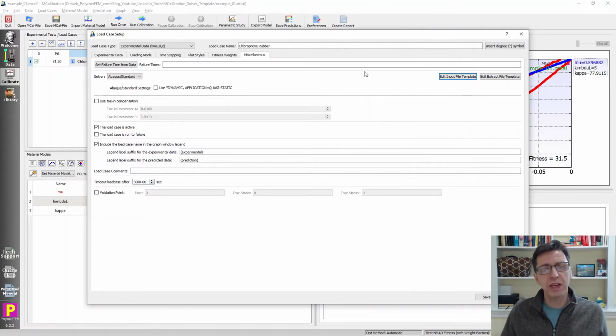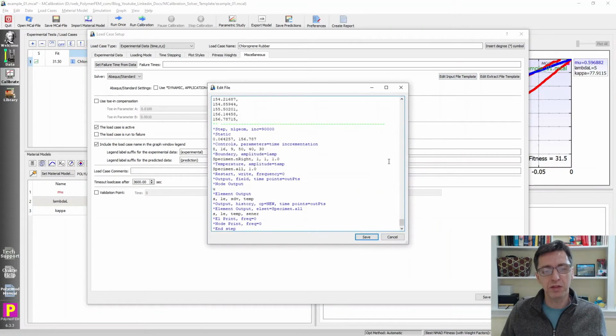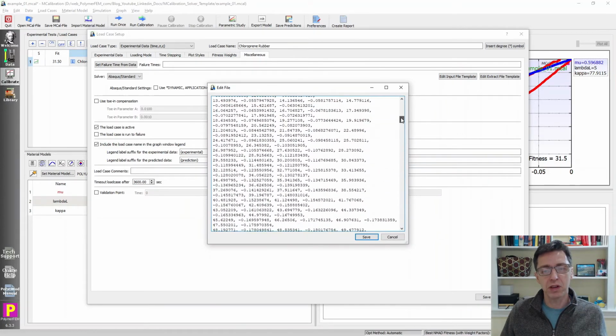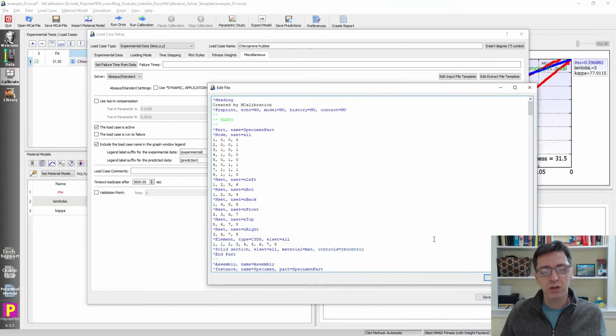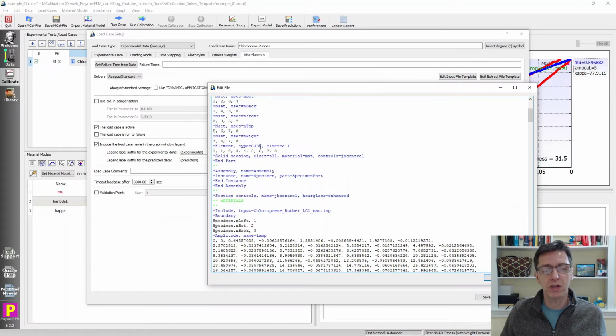But you have the ability here now to edit this template if you like. You can change it if you have some certain desired settings that you want Abaqus to follow. So one thing I can do here that's very easy to demonstrate, I can just switch from regular elements to hybrid elements. So I'm going to just put an H on this. If I do that and I click save,